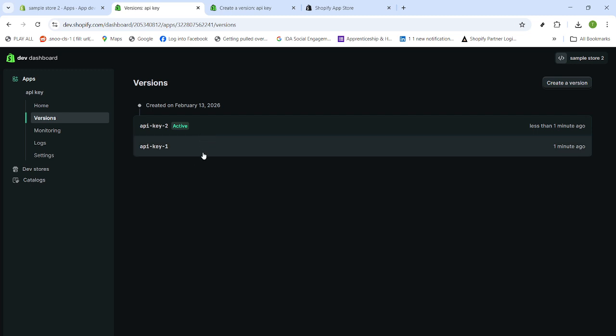If you later change permissions or URLs, create and release a new version to keep everything in sync. That's it. Your Shopify